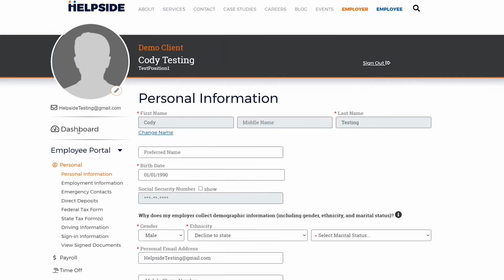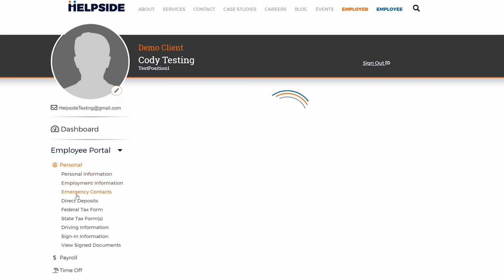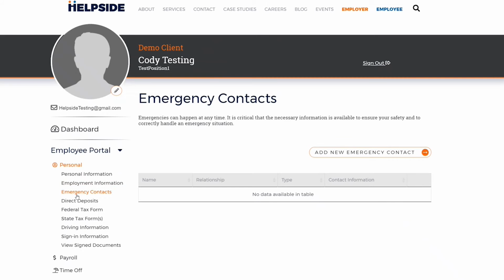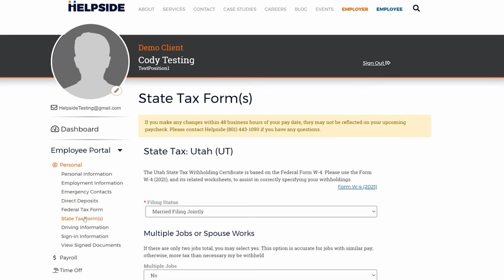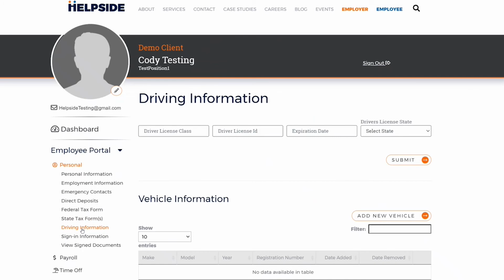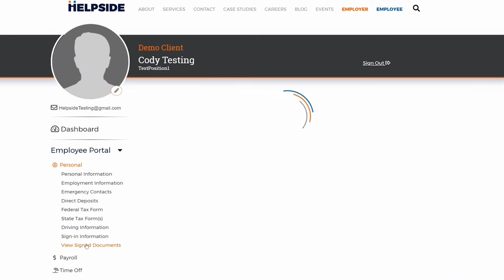In Personal, you can view and change your personal information, view employment information, update emergency contacts, change direct deposits, adjust federal and state W-4s, input driving information if applicable, update your login information, and view previously signed documents.